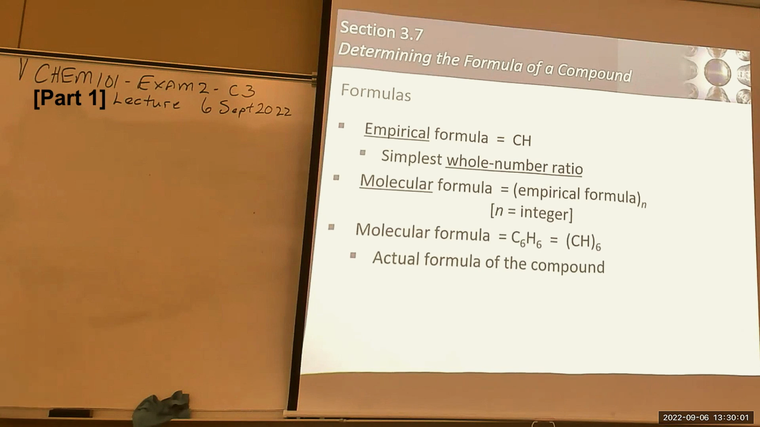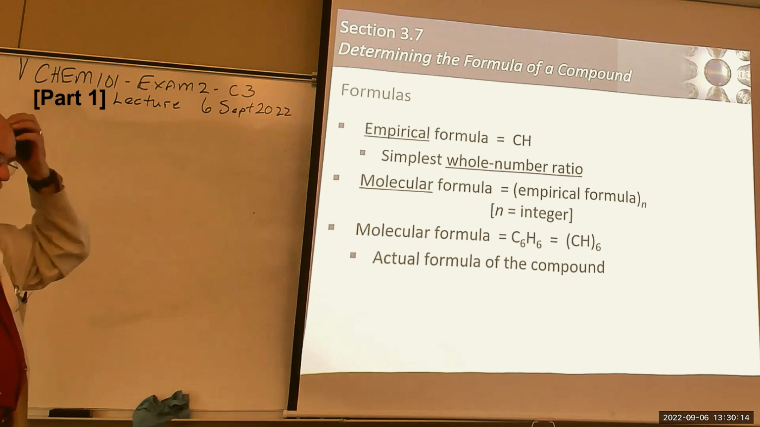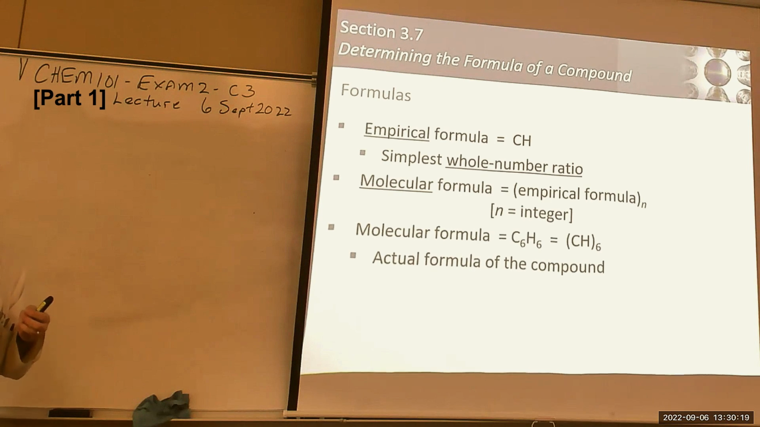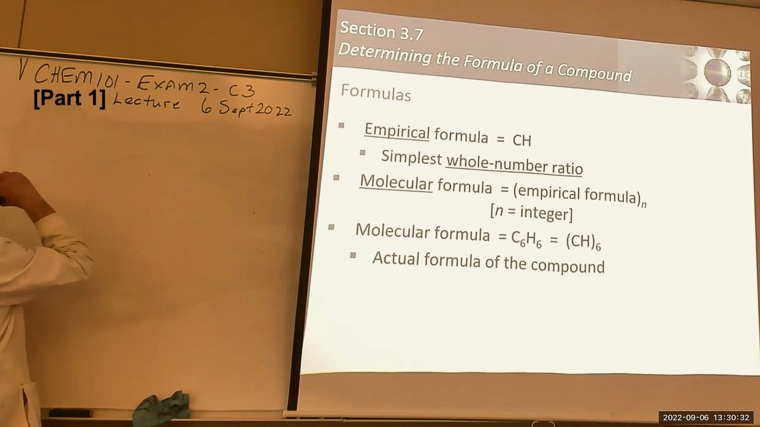All right, so I mentioned that we were going to learn how to determine that formula from percent composition. We need a couple of definitions first. One, the empirical formula. The empirical formula for any compound is the simplest whole number ratio of elements in the compound. What I mean by that is, if we have this compound,